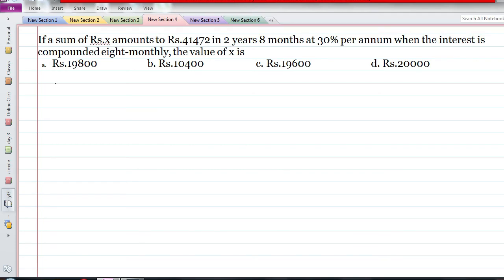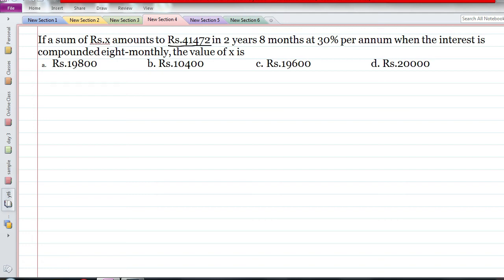In compound interest, a certain amount of money earns interest over a period of time. For the next period of time, the interest earned in the previous periods will also continue earning interest. So that is compound interest. Here, this is the amount that is received in the end. You have to find what was the amount that was invested.